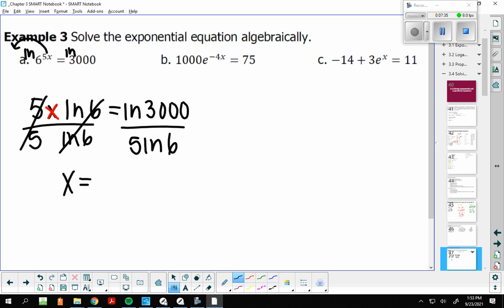And we get x equals, and then we just need to type this in our calculator. However, when you type it in your calculator, if you do it in one step, you have to put the denominator in parentheses. You do not want this divided by 5 times natural log of 6. If you don't put parentheses, that's what your calculator is going to do. Or you can use your fraction key, and then you don't have to worry about it. It's Alpha y equals, the green button. So natural log of 3,000 divided by 5 natural log of 6 is